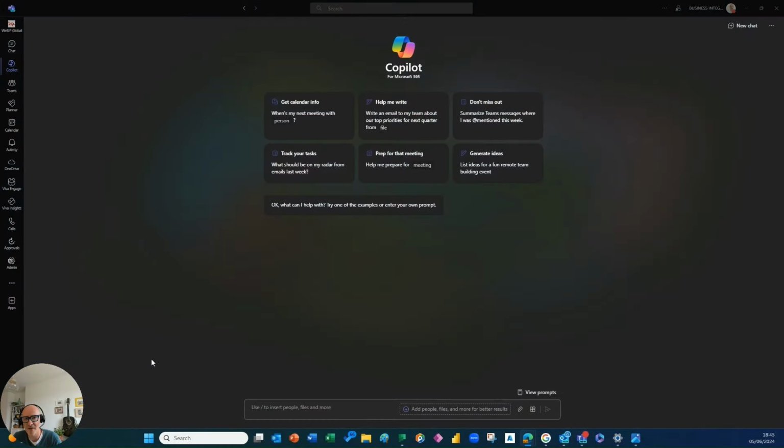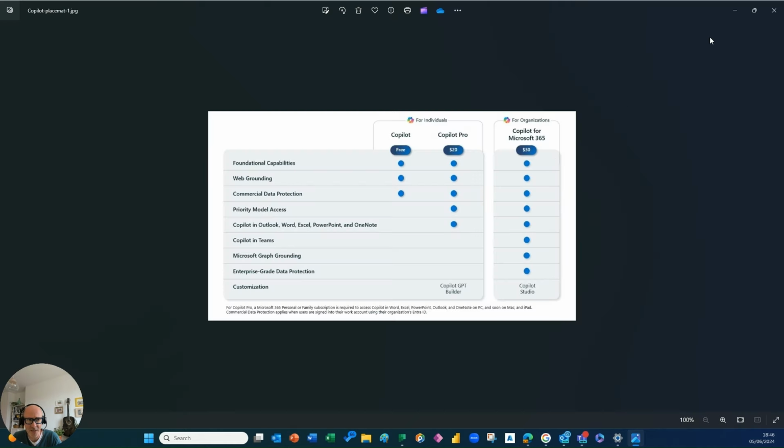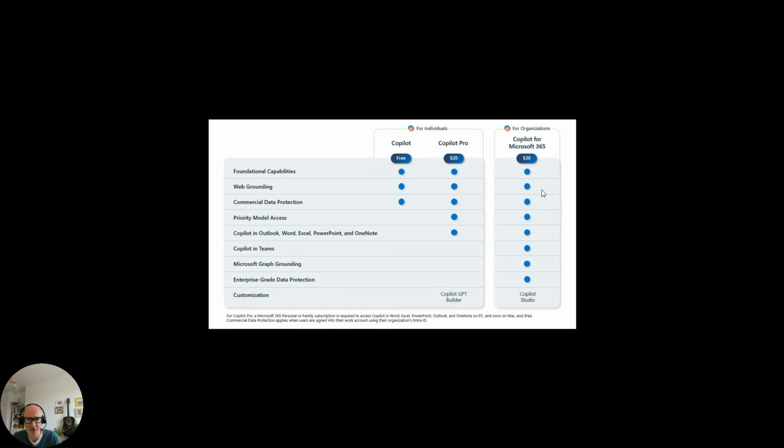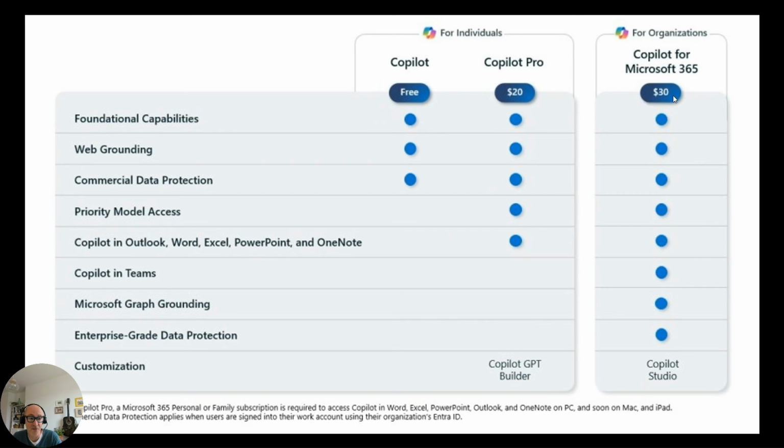Last but not least, we have Copilot for Microsoft 365, I would say the most powerful one, which you can use across the whole Microsoft 365 stack: in Teams, SharePoint, OneDrive, and arriving later this year, and so on. Let's sketch the differences also in the pricing model for these versions. In the case of Copilot for 365, we can say the price is around $30 per month, $20 for Copilot Pro, and free for